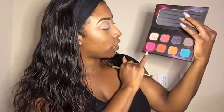I am gonna do a nice cut crease, you guys, with the Lucid Dream. That eye, I'm actually gonna go on with the Mystic Ice. So these are so pretty, you guys. I'm going in with Lunar Eclipse right now. I'm really hoping that it is as pigmented as I saw on the